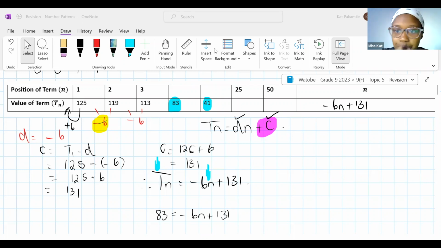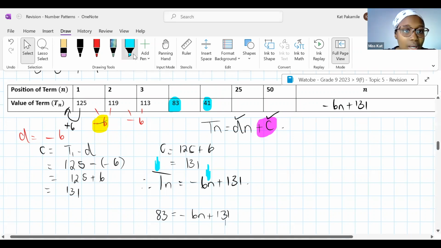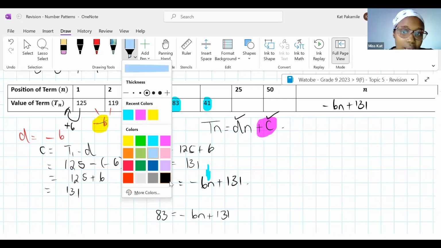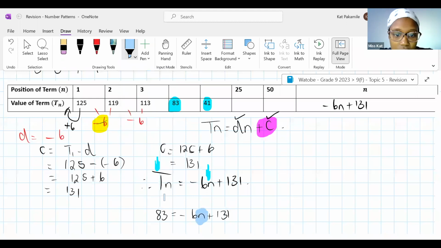Guys, how would I solve this? 83 equals negative 6n plus 131. Remember, we want n, so you have to get n on its own. Right now, n has a lot of stuff after it and before it, and it's messy. We want to end up,